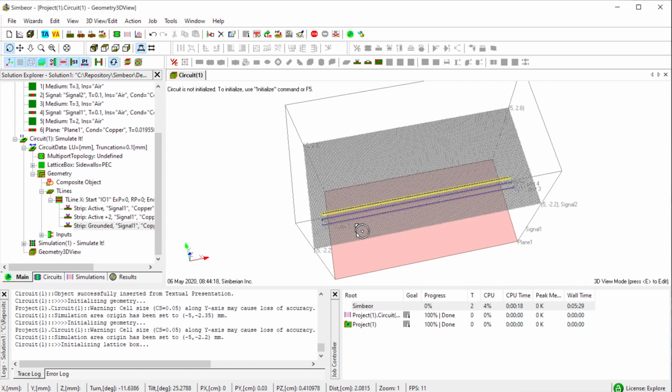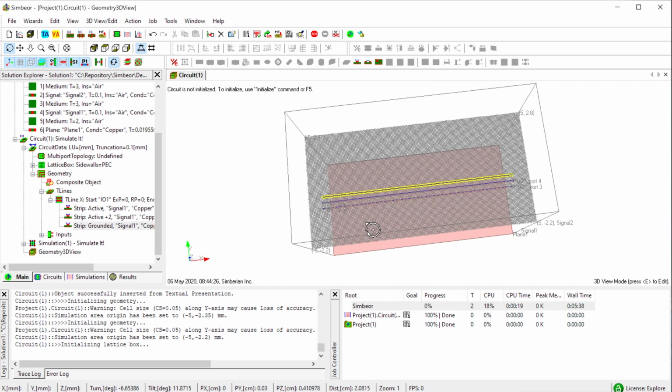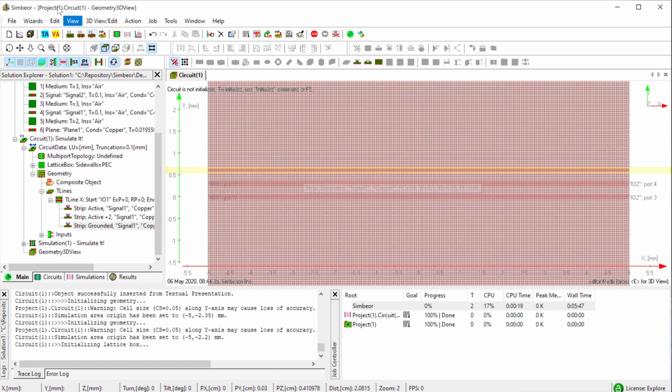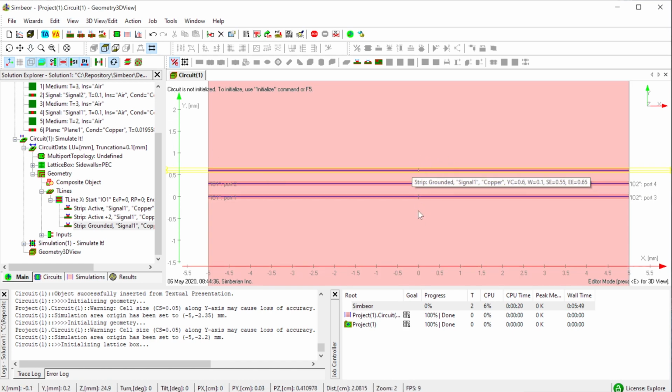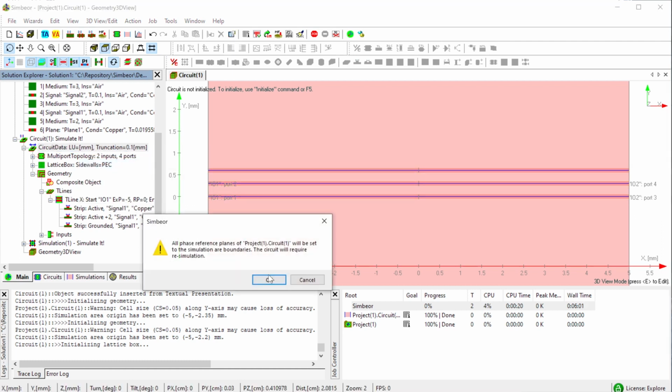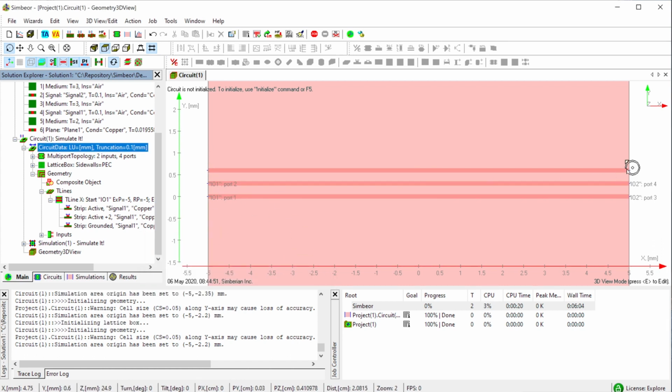on top through this dielectric. Right here it's just a simple air example. So to do this, I can do it like this. First of all, I move all reference planes. You can see the phase reference planes are in the middle everywhere here. So I move those reference planes to the external boundaries. Okay, so now the reference planes embedding will be done right here, no shift of the reference plane.